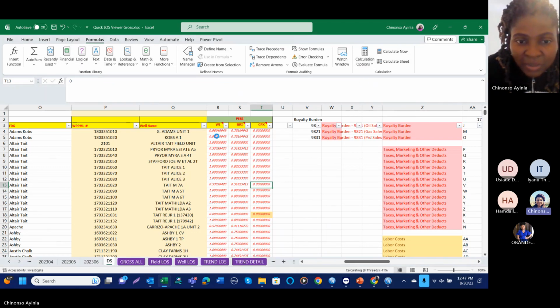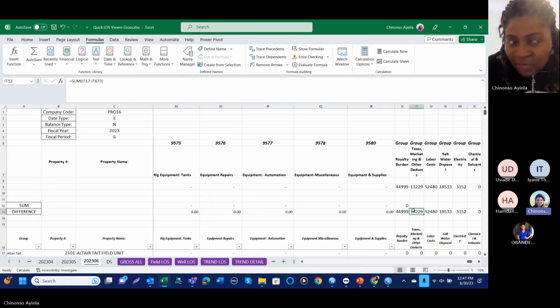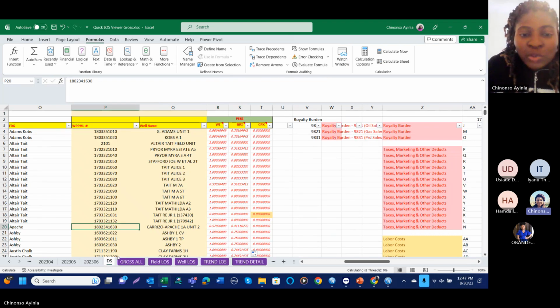Everything has applied now. Even this one too, the formula has applied. If you look at this place, you can see the formula that are there. The formula as well has also applied. So now what we will do, once we are done updating